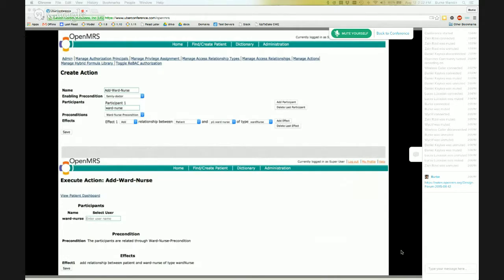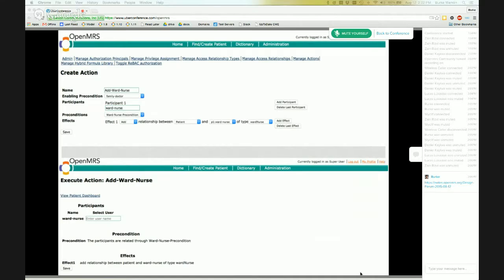This is done using the user finder that is already part of OpenMRS. You start typing a name and it suggests which person you're trying to look for. Instantiate that with a person, and it tells you what the precondition of invoking this action should be. So it says that the participants are related by a ward nurse precondition.